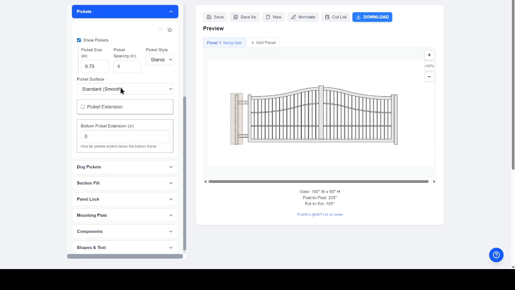Moving on to picket section. This is where you change the size of your pickets, the spacing of your pickets, whether you want standard pickets or twisted, or whether you're going to alternate that pattern. You can also do hammered. So if you want to do hammered pickets instead,